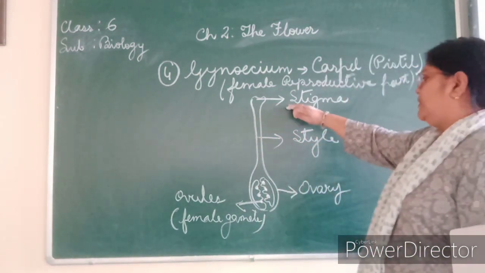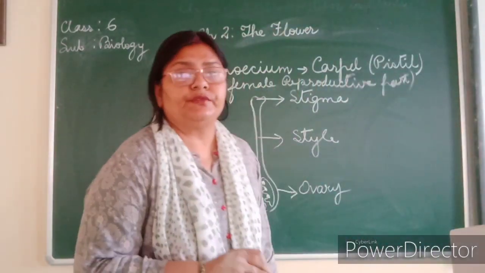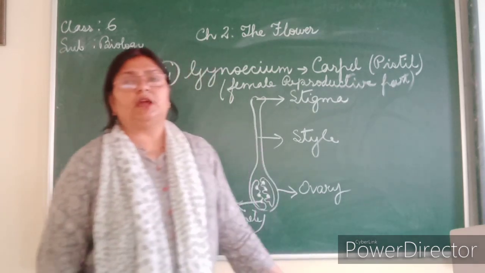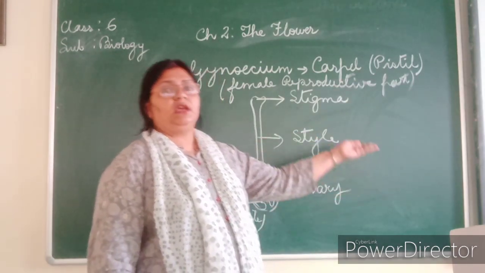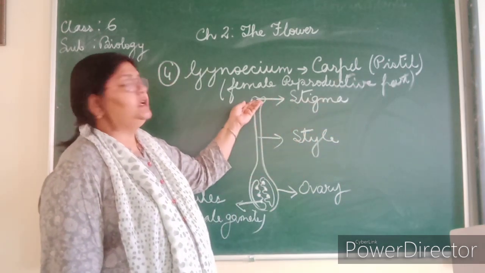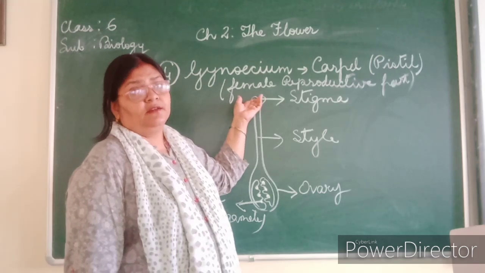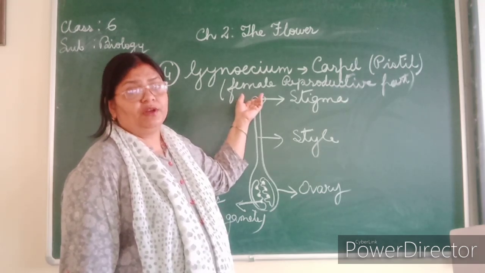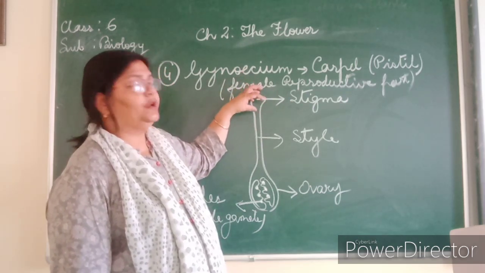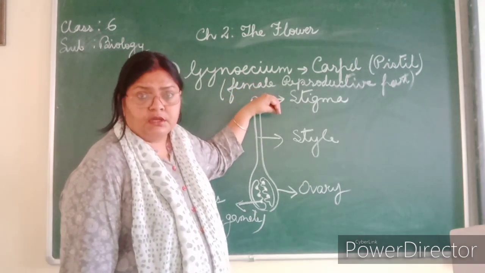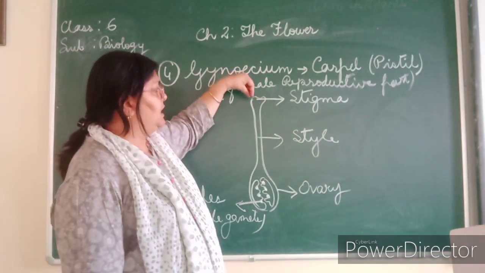Okay, stigma, style, ovary. Now we talked about pollen grains when I drew the stamen. So the pollen grains are transferred from the stamen to the stigma, with the help of insects. Pollination, I told you, is the transfer of pollen grains. So the stigma is the place where the pollen grains are received. Then after some time the pollen grains absorb some moisture and start